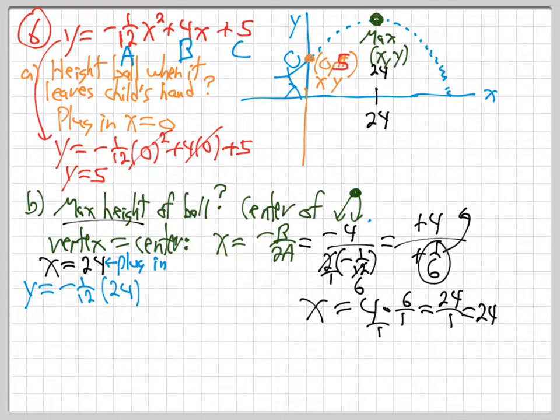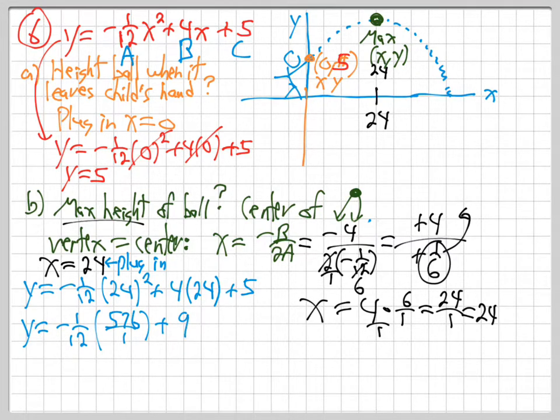Plug that in. 24 squared plus 4 times 24 plus 5. So plug in that 24. 24 squared, use my calculator, I think it's something big. 576 over 1 plus 96 plus 5. So if you divide, 12 goes into 576. I'll divide it here. Is that 48 times? So 48 plus 96 plus 5. I'm getting y equals